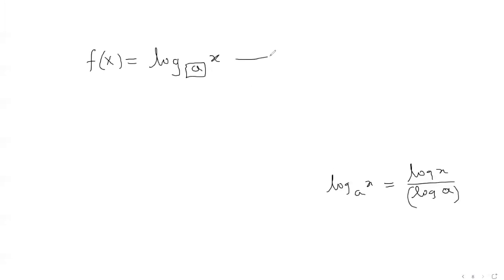And we know that you cannot find the log of a negative number or 0. So a has to be greater than 0. Okay, that's the condition for the base of a log. And there is one more very important point: a cannot be 1 as well, because if a becomes 1, then this becomes log 1, and you know log 1 is 0. So this will become 0, and when 0 is in the denominator, the answer is undefined. Okay, so a cannot be 1 as well. So a is not equal to 1.